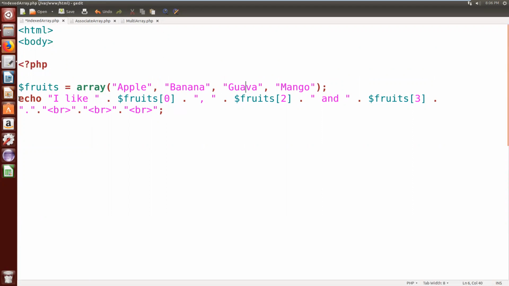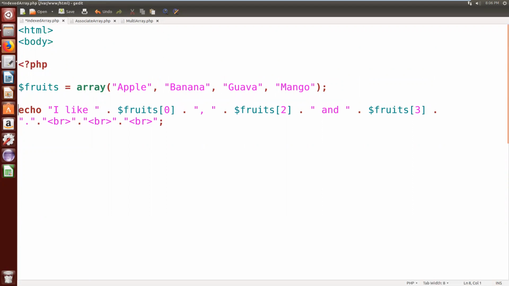After storing, now I want to print the elements of the array. Not all the elements, I want to print only a few values of that array. So in PHP, we have the echo function for printing the values on the screen. So here I am using echo, and I am printing a string like "I like".